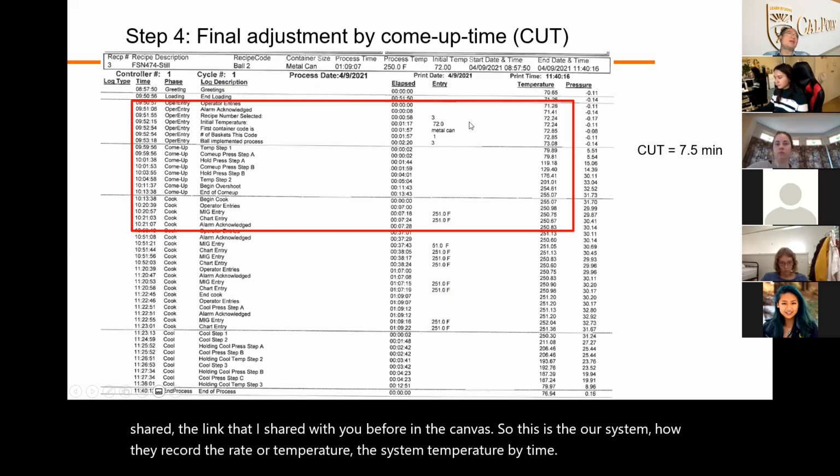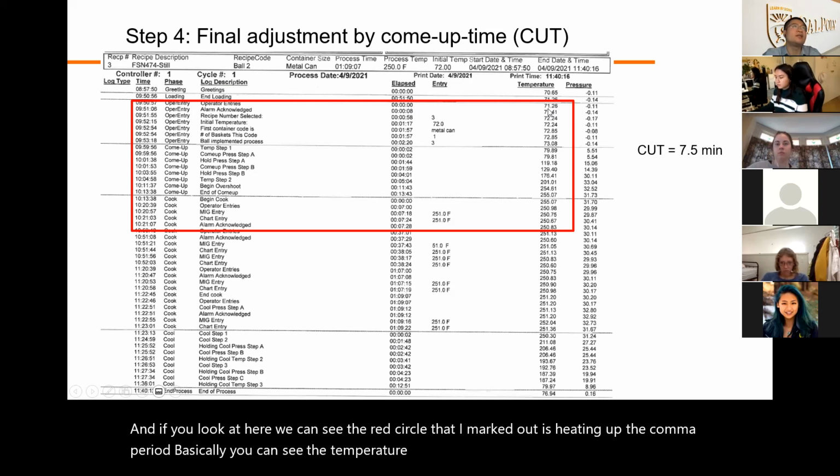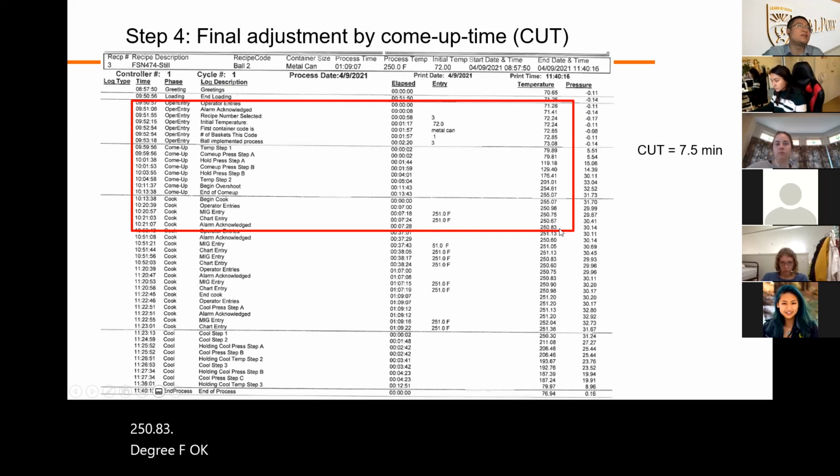And if you look here, we can see the red circle that I marked out is heating up, the come up period. Basically, you can see the temperature increase from 71 degrees F to 250, okay? And this time shows the time elapsed. You can see that it takes about 7 minutes, 28 seconds to reach 250.83 degrees F, okay? So based on that, we can find that our come up time, CUT, is close to